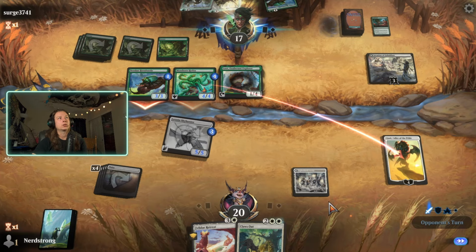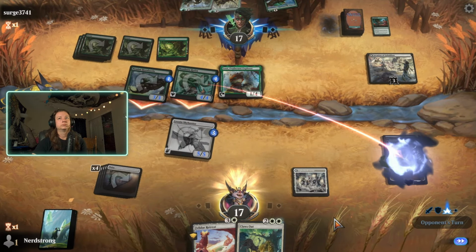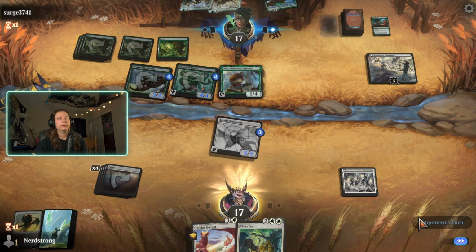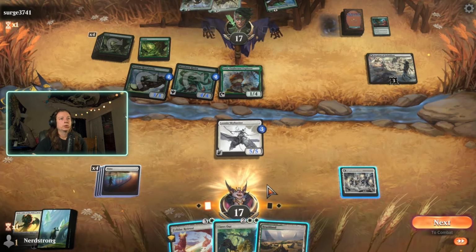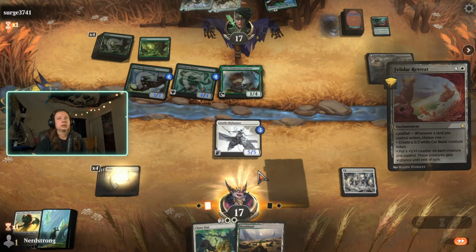And they go there, and then they send the Hornbeetle at my face. Totally fine with that. Ow, ow. Alright, so it's my turn. So we're going to go with the... We'll play the Brushland later. So first we're going to play